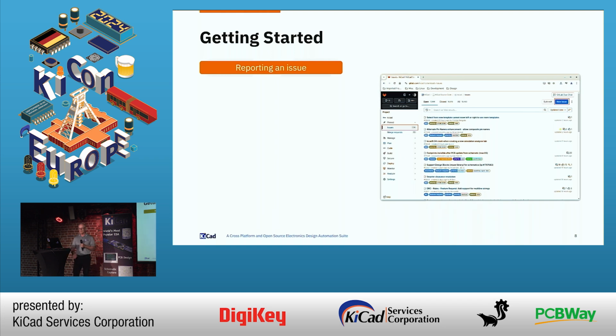So for this example, getting started, you're going to report your first issue. In this case, I'm filing a bug report against the KiCad source code. I think I found a bug, or I got a crash, or something doesn't work the way I think it should work. You go to the source repo, and on the left-hand side, you'll have this pane, and you'll see issues. Then in the upper right-hand corner, you'll see a create new issue button. So you click that,